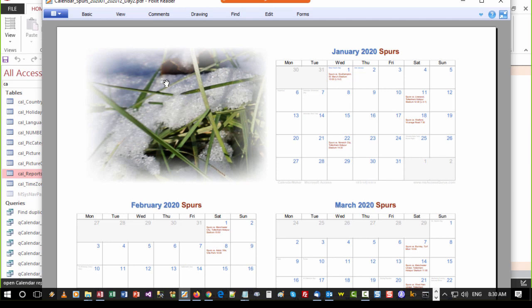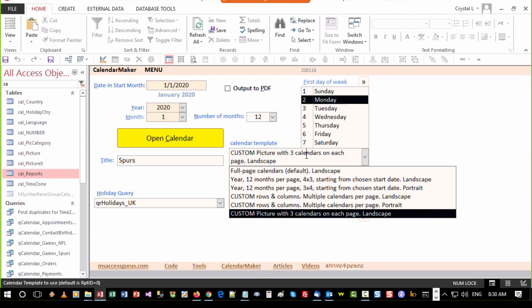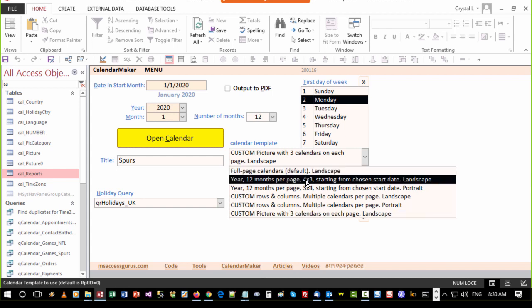So it could be maybe your company objectives that you want to accomplish for this quarter, if you're doing a company calendar or something like that. I'm going to uncheck this output to PDF now so it quits doing that. I don't know if you've noticed, but I've also been changing the number of months that it's going to print. What it does is it loops and creates all the pages that you want for however many calendars you're doing, and then depending on how many calendars are on each page,